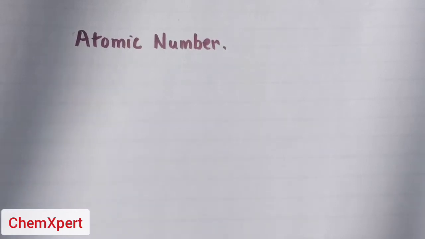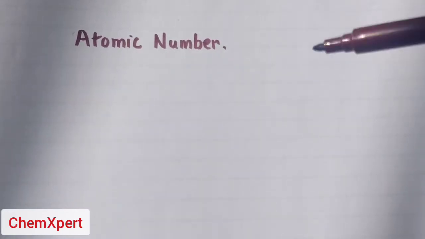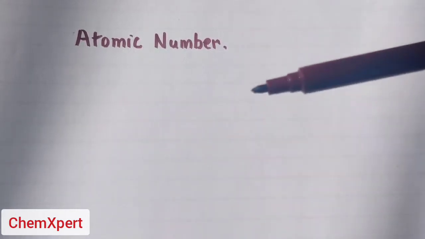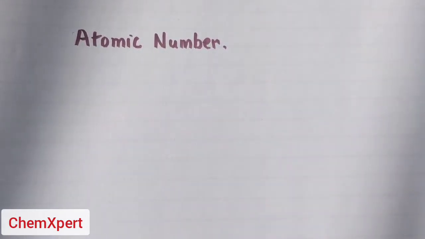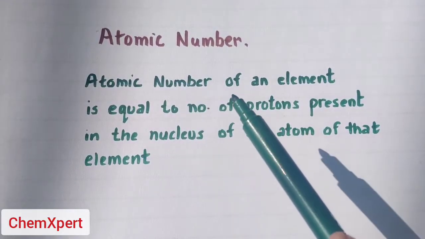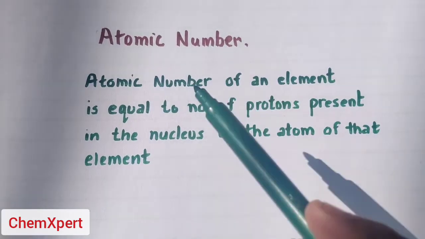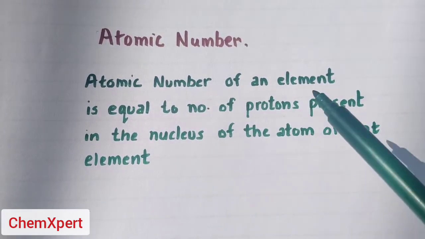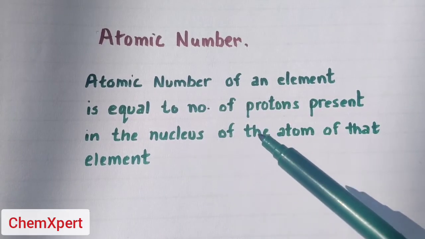In this video, we will discuss a few important definitions related to the atomic number and mass number, and how to calculate atomic number or mass number from the given data. So, first is the definition of atomic number. The atomic number of an element is equal to the number of protons present in the nucleus of the atom of